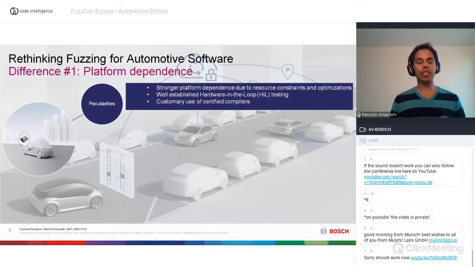And in the second case, when it comes to automotive, there is a very predominant, established practice till now that hardware in the loop testing has taken off, and it's being done extensively, right? So this also is very valid, because these kind of test environments are very representative when it has to deal with the timing of the actual hardware, of the functioning of the actuators and things like this. So I would say that's another question of mindset, how to move from hardware in the loop testing to somehow do it virtually, right? So that's the second peculiarity of this kind of embedded software.